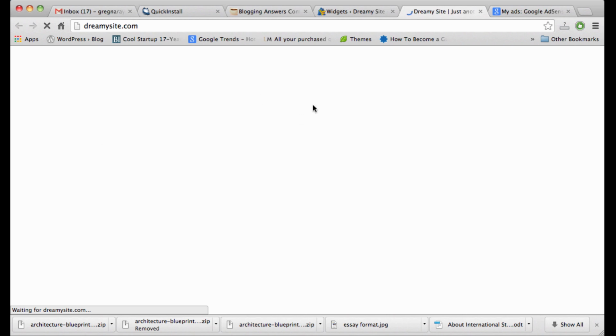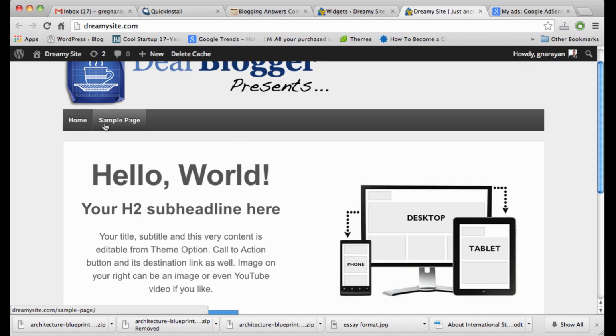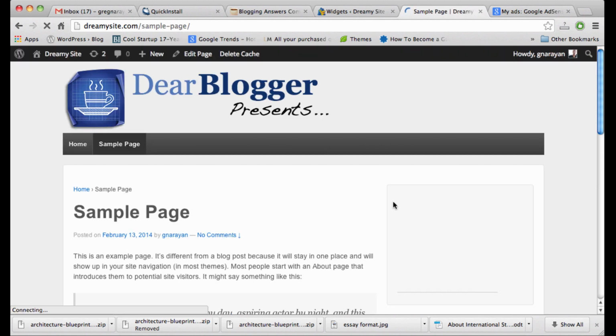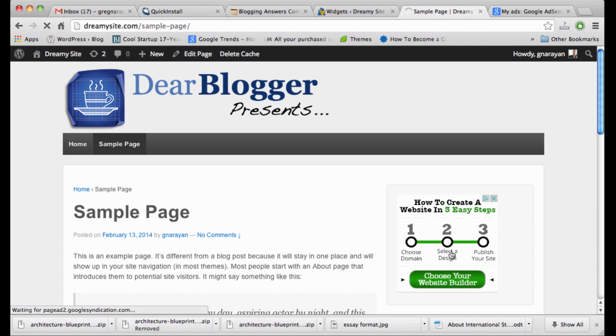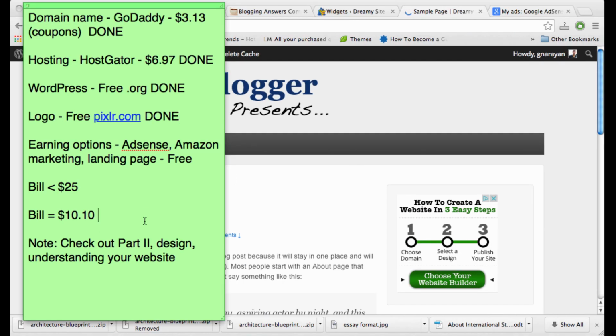Again, we don't have any posts on the home page. This is just our welcome splash page, which is awesome. If we click the sample page, we'll cross our fingers, and there's our first ad on the page. So when one of your users clicks this, you'll earn a small amount of money depending on a bunch of factors, but usually it's about $1 per click, which is amazing, and that can really add up and pay for the site itself. It can pay for things like your domain and your hosting, which we got for a nice